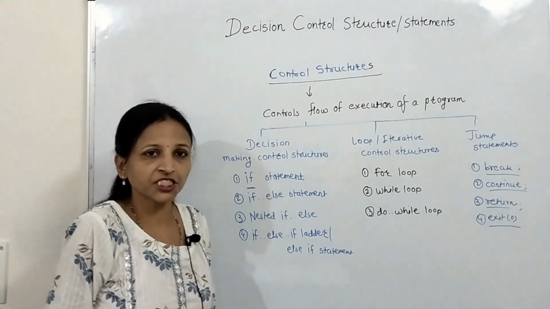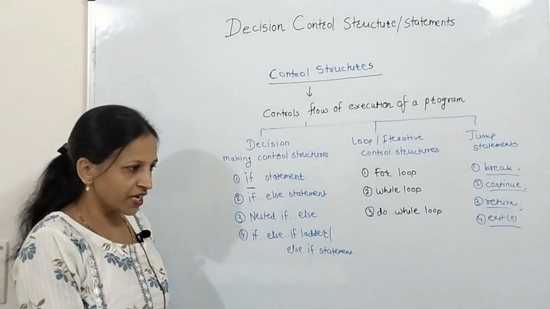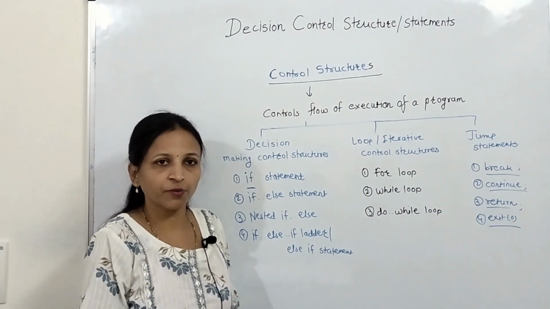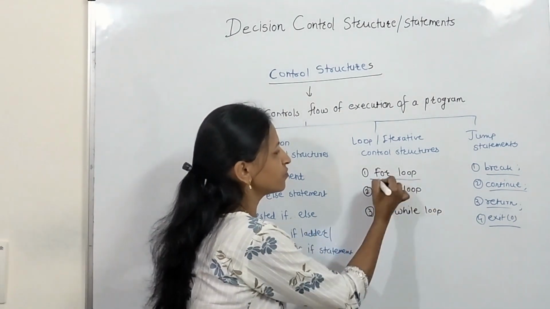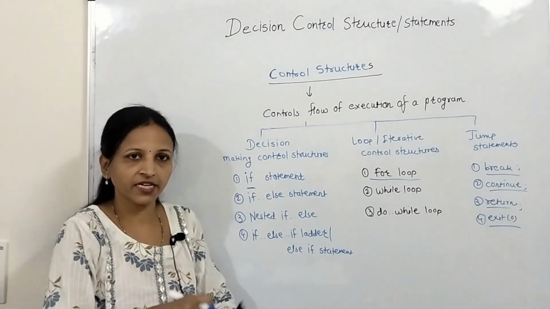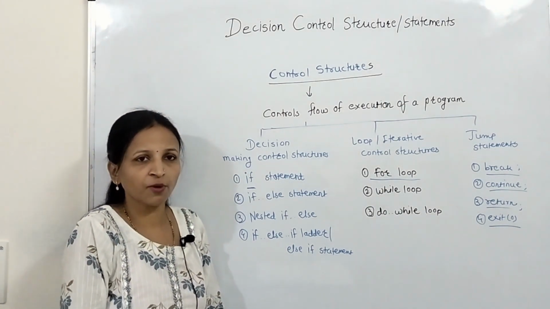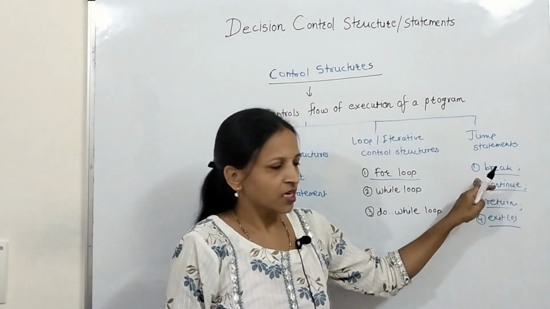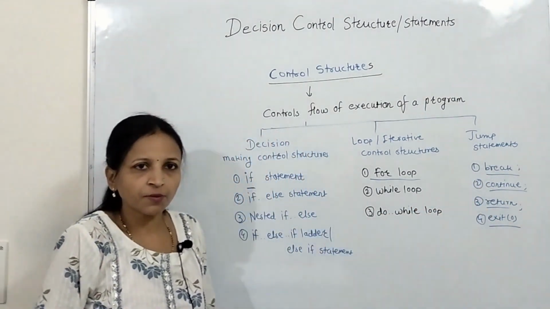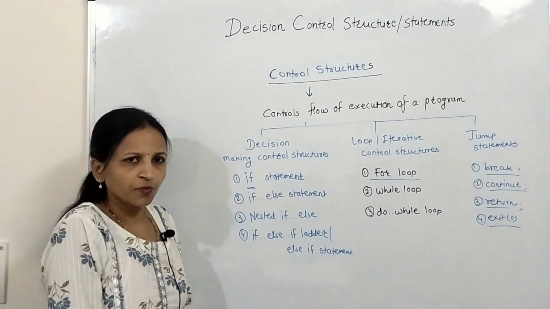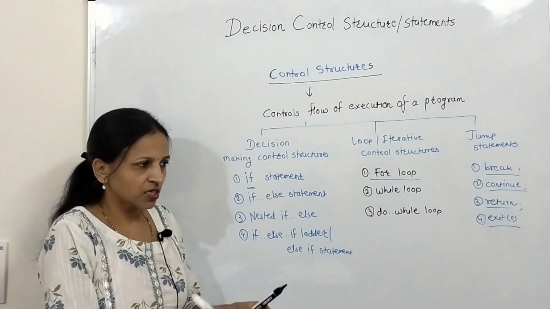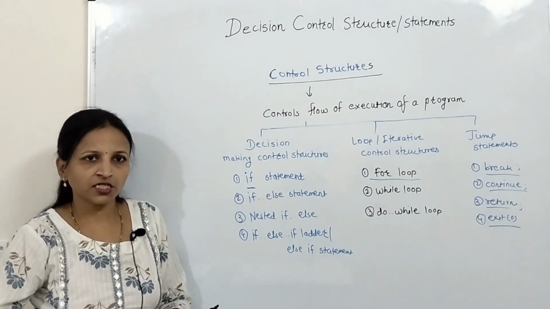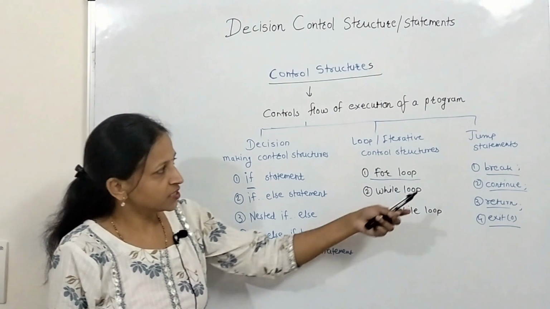Jump means shifting the cursor from any position to any other place instantly in our program. If you are inside any loop and suddenly want to come out of that loop, then you can use this break statement. All these statements are for jumping. Jumping means you want to shift the execution point from any position to any other position instantly. Then we can use these jump statements.